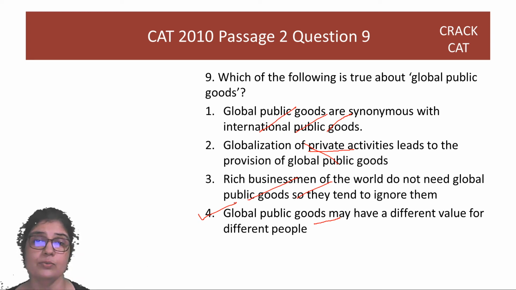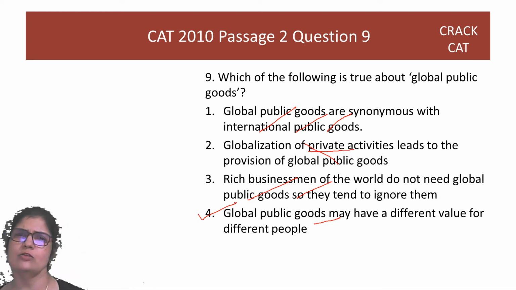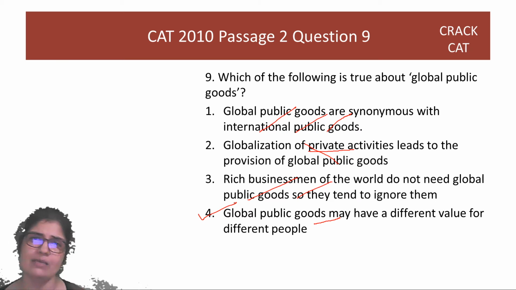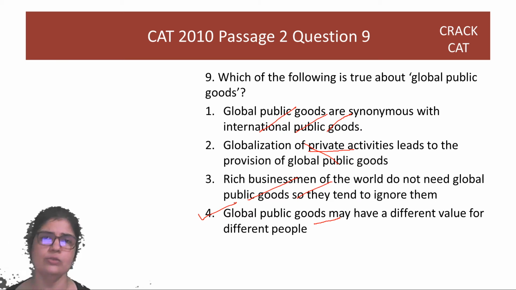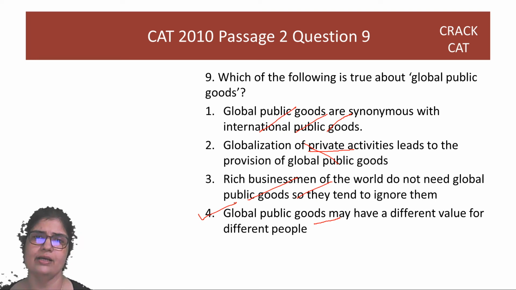See guys, now if I just look at one and say, okay, global or international, तो same word है, but maybe there's some other trick to international, right? We don't know. You have to be sure that it's clearly true. 4 is clearly mentioned. Internet is given as an example. International passport is given as an example, right? So answer is option 4.